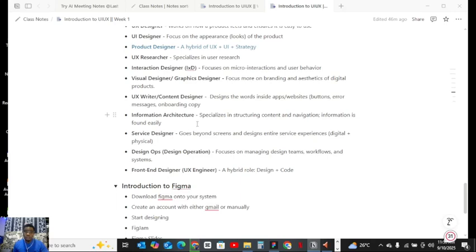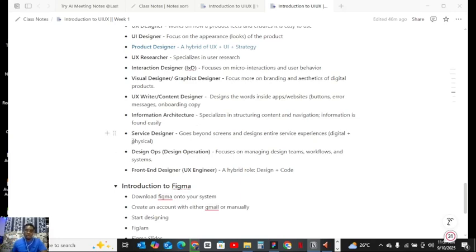Information architecture specializes in structuring content and navigation. How you want the content to go, the structure of the content, the navigation from here to here, gives you information about the product. So if you are looking for a particular thing in a product, you can easily find it from the information architecture. Do you understand?